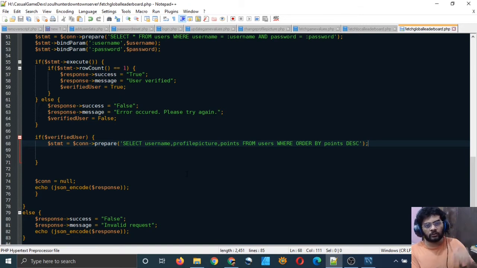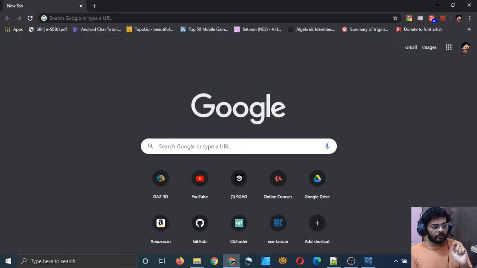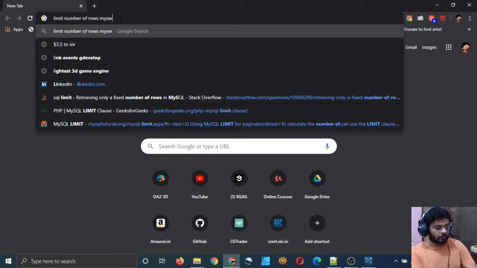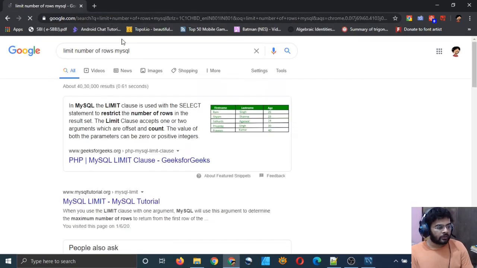It will fetch all the rows, all the users. But I only want to fetch the top 5. So how to do that? Let me now search in Google limit number of rows MySQL, and let me see if there is a command.